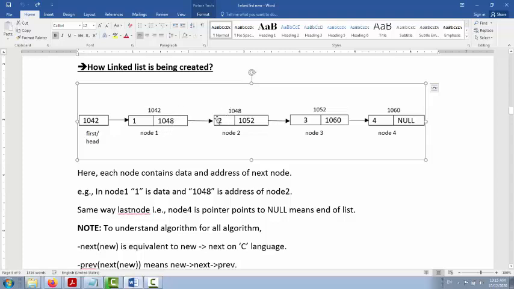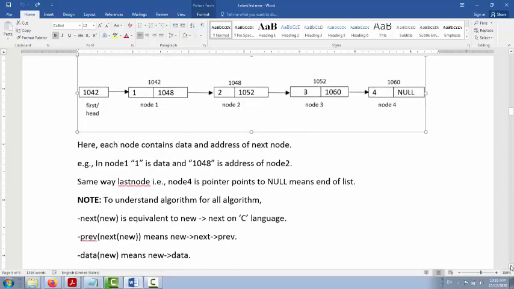So here is 1048 and its data, it is node 2, and again this part is the address of the next node. These both are linked. It will contain the address of the next node. In the same way node 3 contains the address of the next node, and the last node will contain null, meaning no further list is available. So that is the concept of the singly linked list.